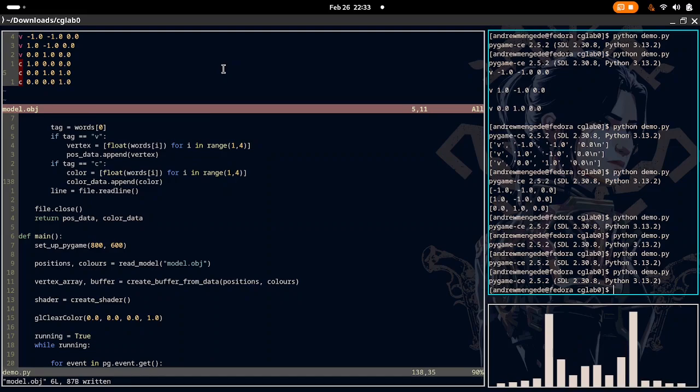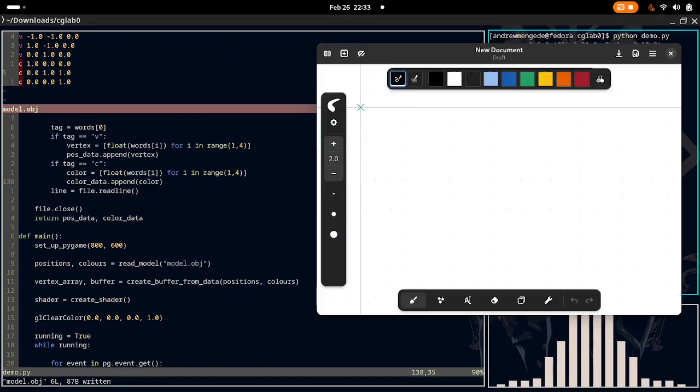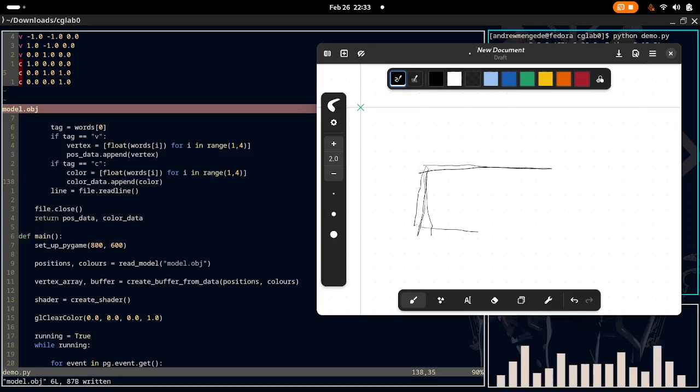Let's say we want to make a quad, and I'll just bring this up. Okay, get ready for some scuffed drawing. So here's a quad, a quadrilateral. Oh my goodness, this is bad news. I'm using a drawing tablet. This would be easier with a mouse. So here's my quadrilateral. But the issue is that in OpenGL,